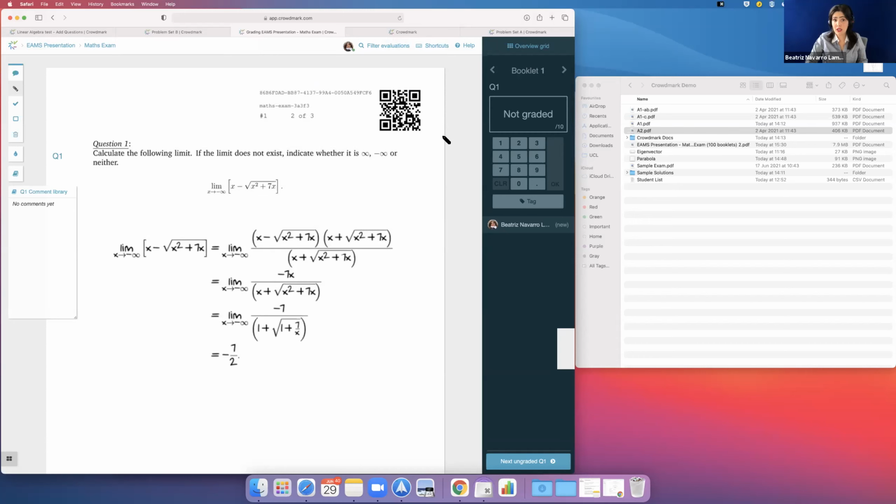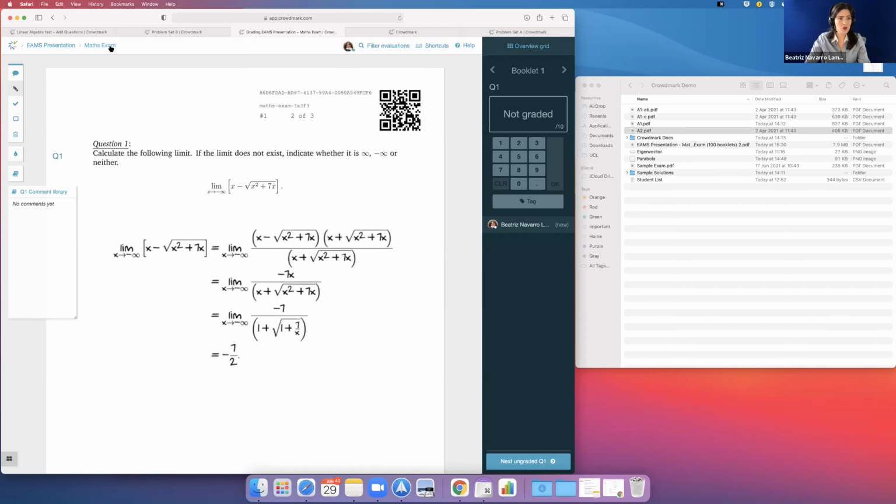Each page has a unique QR code. This is very good because imagine that you are scanning things and all the pages get separated, I don't know what happens, a storm, and everything is a mess. Doesn't matter. When you scan everything and upload it to Crowdmark, Crowdmark will put all the booklets back together. So if you have mixed student number 1 and number 17 all together, Crowdmark will put everything back in its right order. So here, everyone should have received an email invitation to start marking.